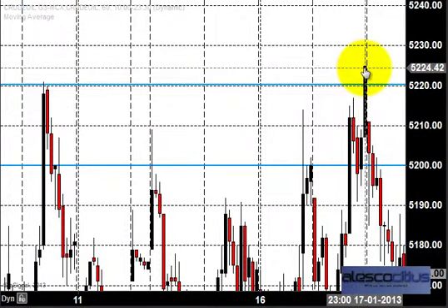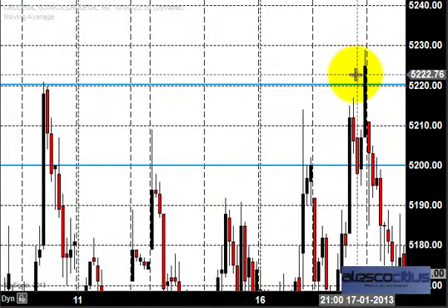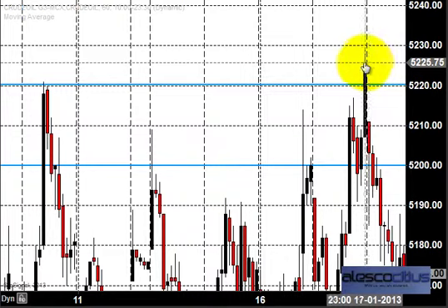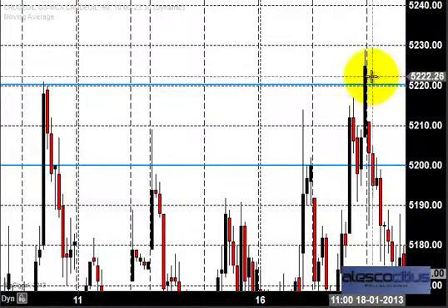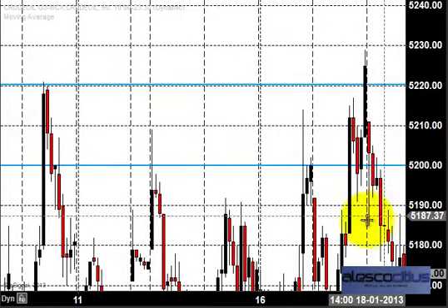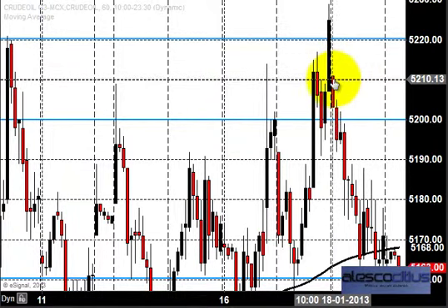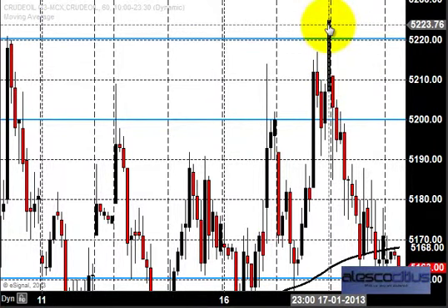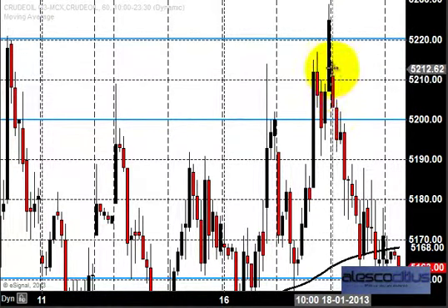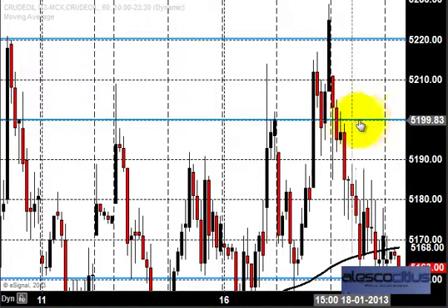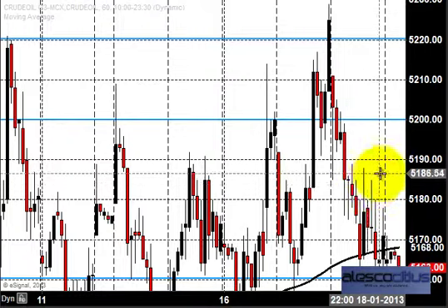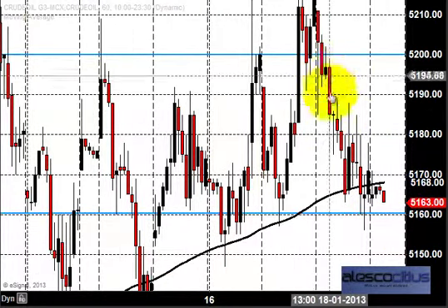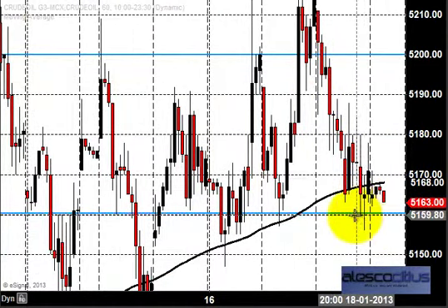Price closing above 5,220, we are sure that the market has no doubt the market is going higher. But what happened on 18th was that the price opened just below the previous day's closing, around 5,210. The price couldn't sustain there. The price couldn't sustain above 5,200. So again the price fell down, and you can see now the price is trading around